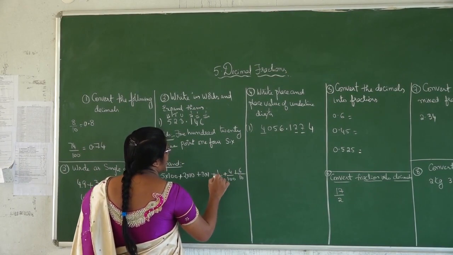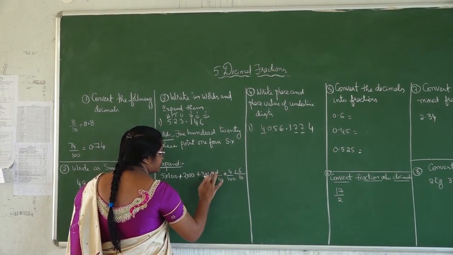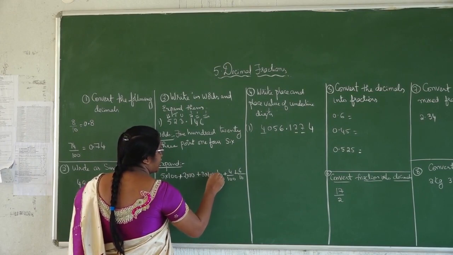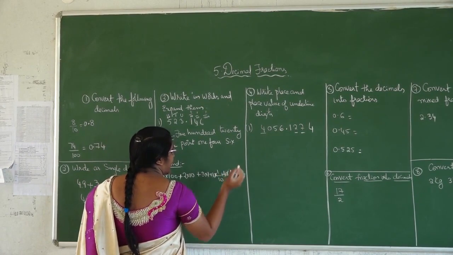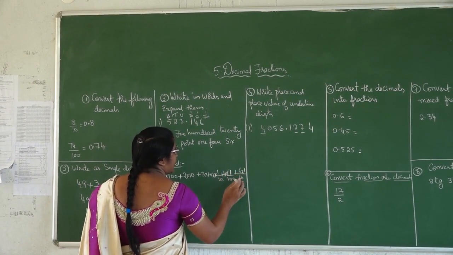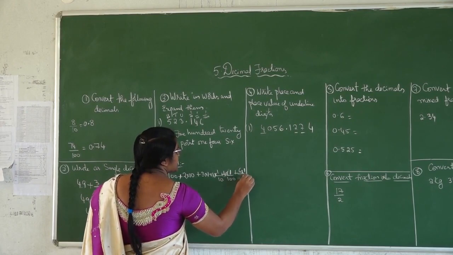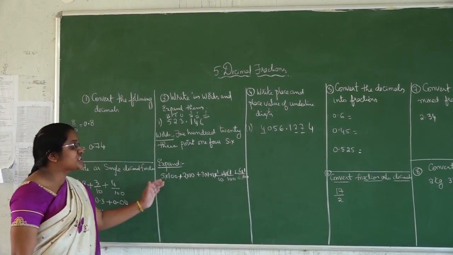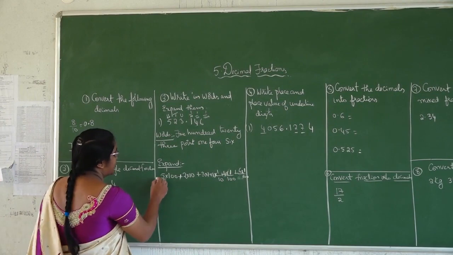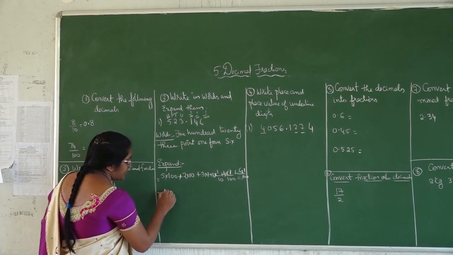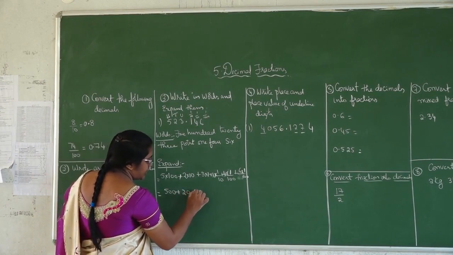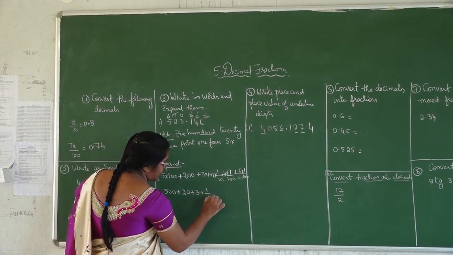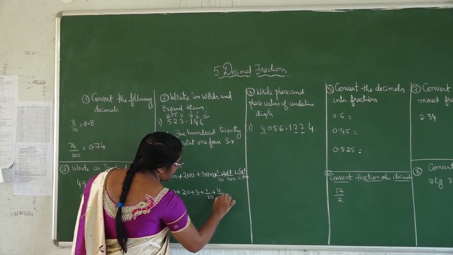We have to multiply 1 into 1 by 10, 4 into 1 by 100, 6 into 1 by 1000. This is the expansion. Then you have to write it in expanded form. That is 500 plus 20 plus 3 plus 1 by 10 plus 4 by 100 plus